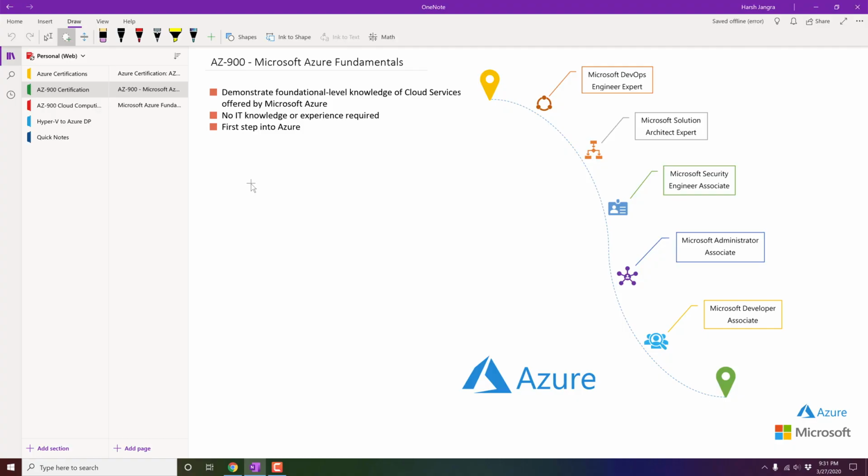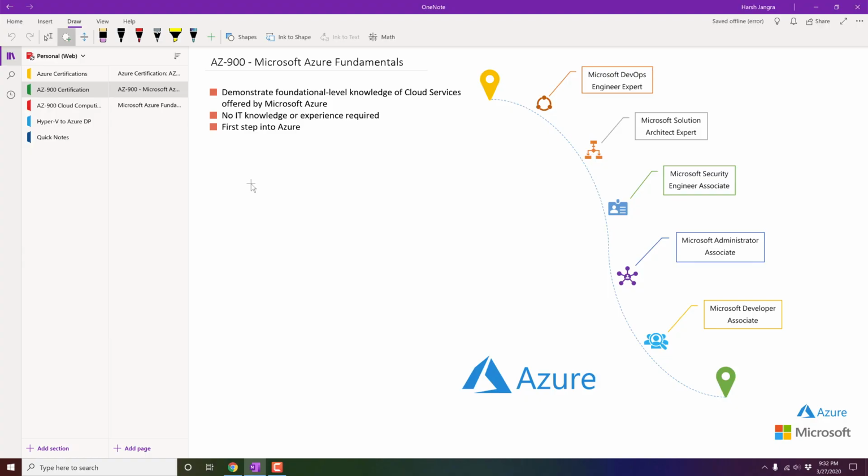To give you a brief idea, there are four major points which are going to be covered in this certification. The very first one is cloud concepts offered by Azure services. In this one, it will give you a brief idea of what infrastructure as a service, or IaaS, is, and for example, what software as a service, or SaaS, is. Similarly, there are other concepts which are also going to be discovered in this certification.